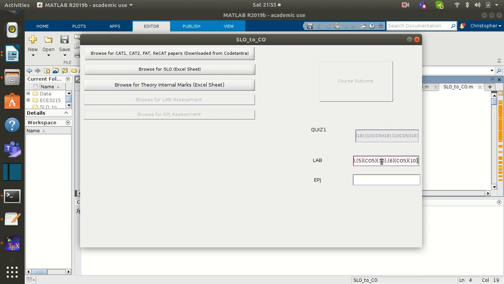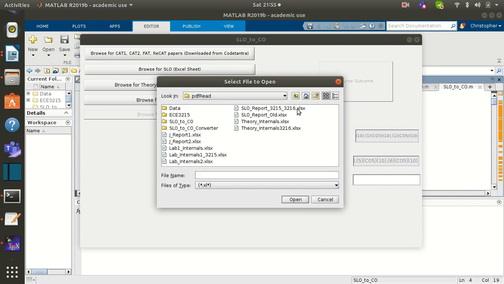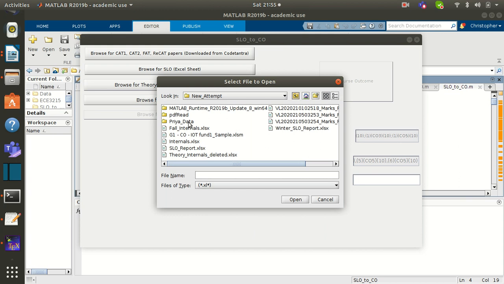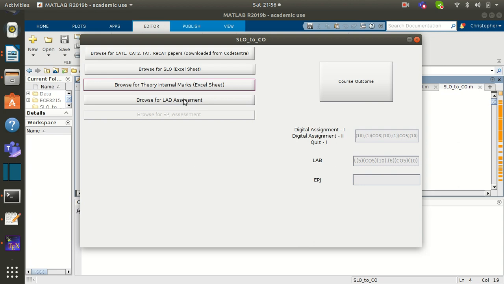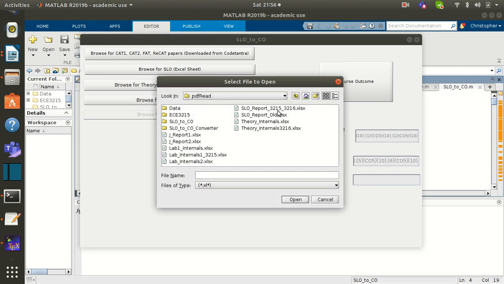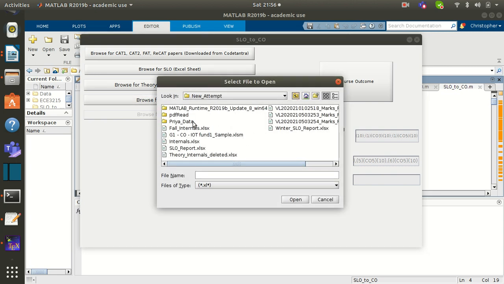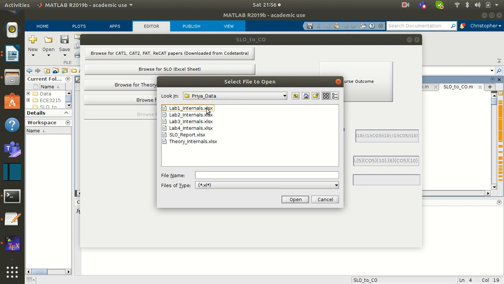Paste it here, enter. I'll upload a theory internals, followed by 4 lab slot Excel sheets.